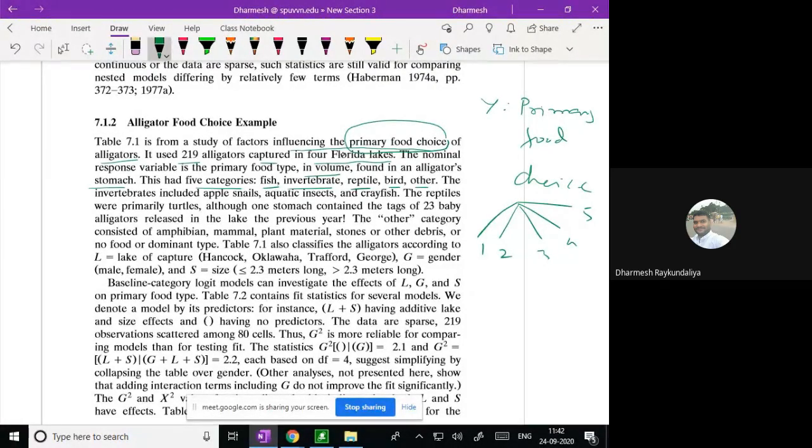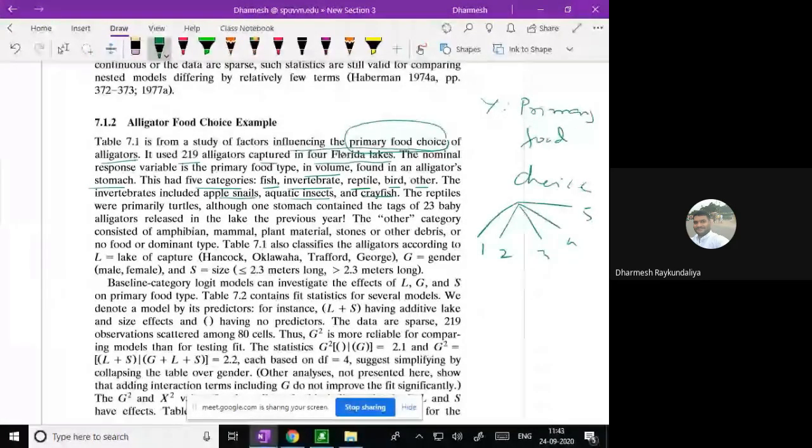तो इन्वर्टिब्रेट्स के अंदर ये जो इन्वर्टिब्रेट बताया उसमें क्या है? एप्पल स्नेल, एक्वेटिक इंसेक्ट एंड क्राइफिश. तो दे ऑल बिलोंग टू द इन्वर्टिब्रेट. बट हमें उसका फर्दर डिसेक्शन नहीं करना है, हम सिर्फ सिलेक्ट करते हैं कि आउट ऑफ 5 विच कैटेगरी दे बिलोंग।